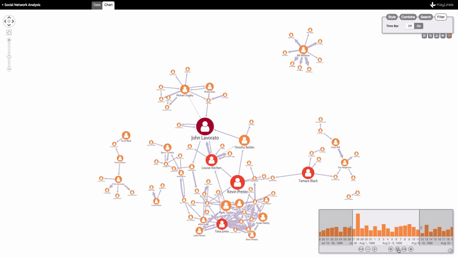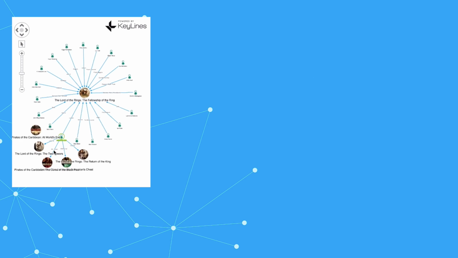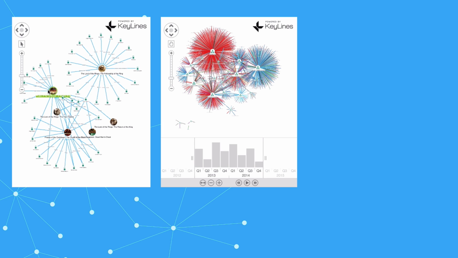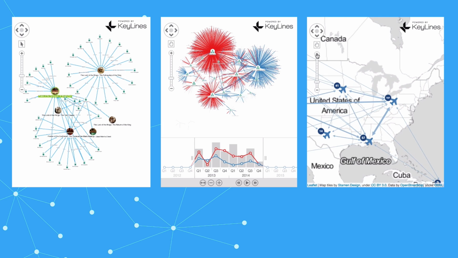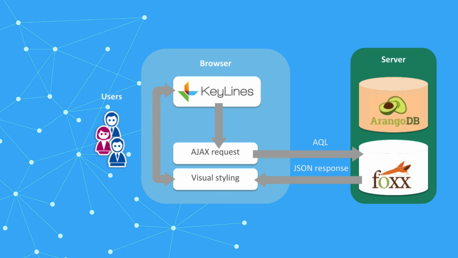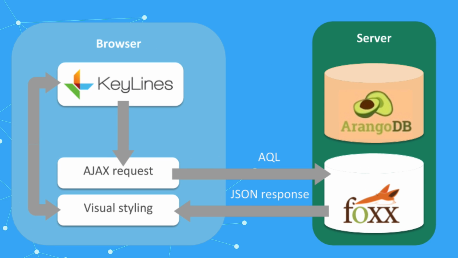With a few lines of JavaScript code, you can also deploy layouts to untangle complex networks, add filters to understand larger data sets, or see your networks on a map. Thanks to an integration with ArangoDB's Fox microservice framework, it's easy to integrate Keylines and ArangoDB in your graph analysis applications. Keylines uses WebGL rendering, making it powerful enough to visualize tens of thousands of nodes in a single view, with an HTML5 fallback for compatibility with any web browser.